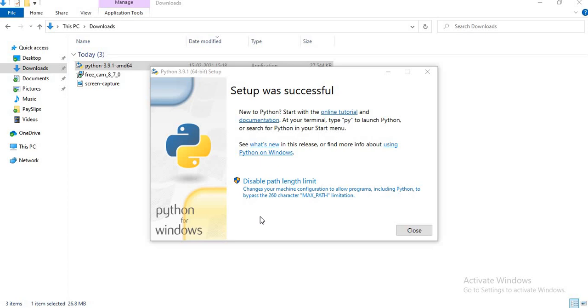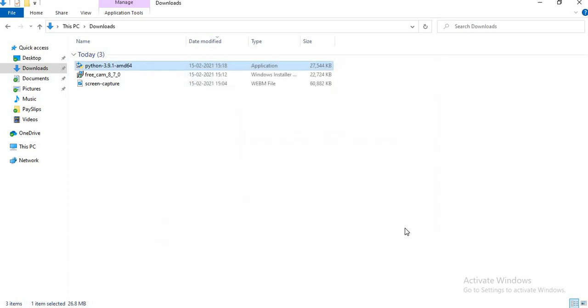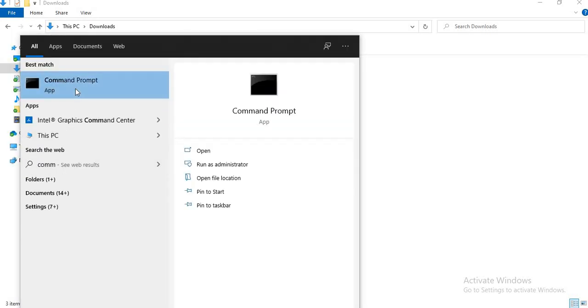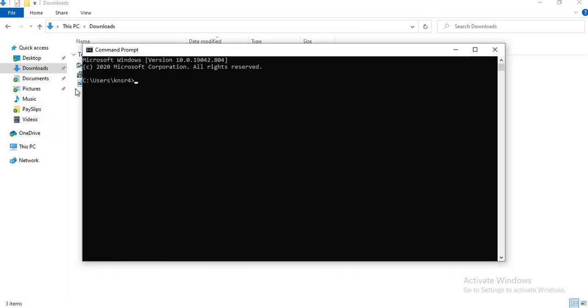Now setup was successful. I will close this window. Now I want to verify whether the installation is done properly or not. For that, I will open command prompt. Here you can type Python. Now if you see here Python 3.9.1, it is installed successfully and properly.